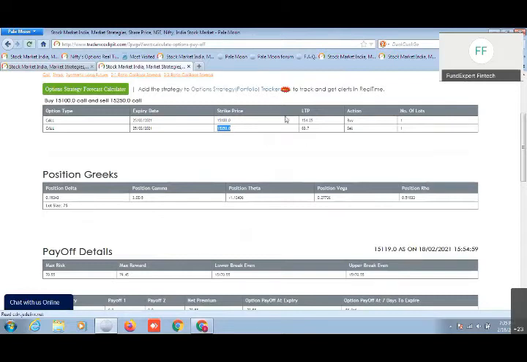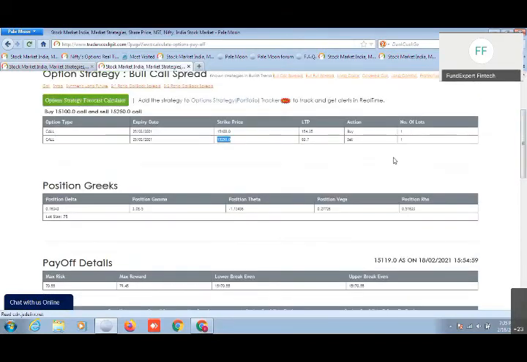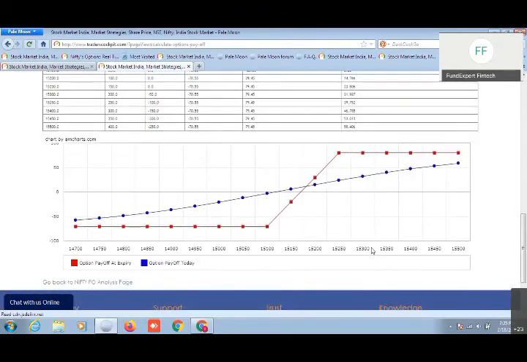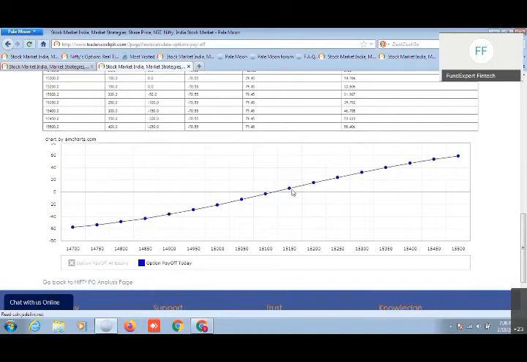So that if the price goes up, my bought 15,100 call will give me profits. Accordingly, this is a bullish strategy, so a bullish strategy should be giving you profits when the market goes upside, right? And that is represented by the payoff diagram here. It shows you the levels where you can strategize where to put the stop loss or target.